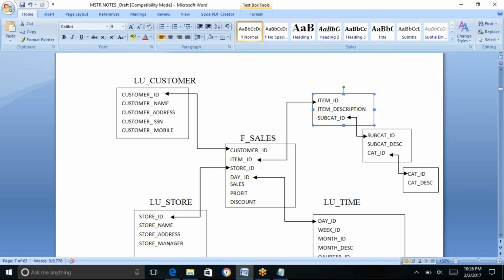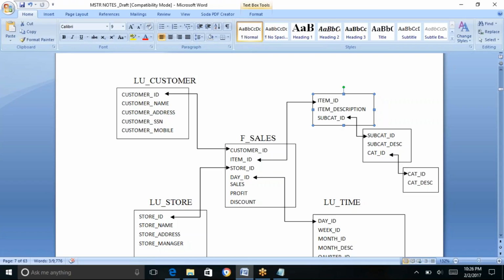This particular type of schema, whatever you're seeing here, in which you have normalized a dimension table, what does it basically mean? It is a Snowflake schema. There are two types of schemas we primarily use in dimensional modeling: one is a star schema, the other is a Snowflake schema. Star schema we have already seen. In a star schema, we have one centralized fact table surrounded by dimension tables, and the dimension tables are denormalized. Whereas in case of